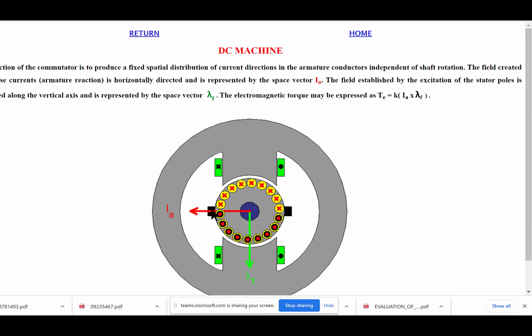And the commutators, that's what's represented by this. You actually can't see the commutator in this picture, but what it would be is multiple commutator segments for each one of these little circles above each one and below each one. And there are gaps between the commutator segments. And the gap right here where the brushes are, that's the black thing,